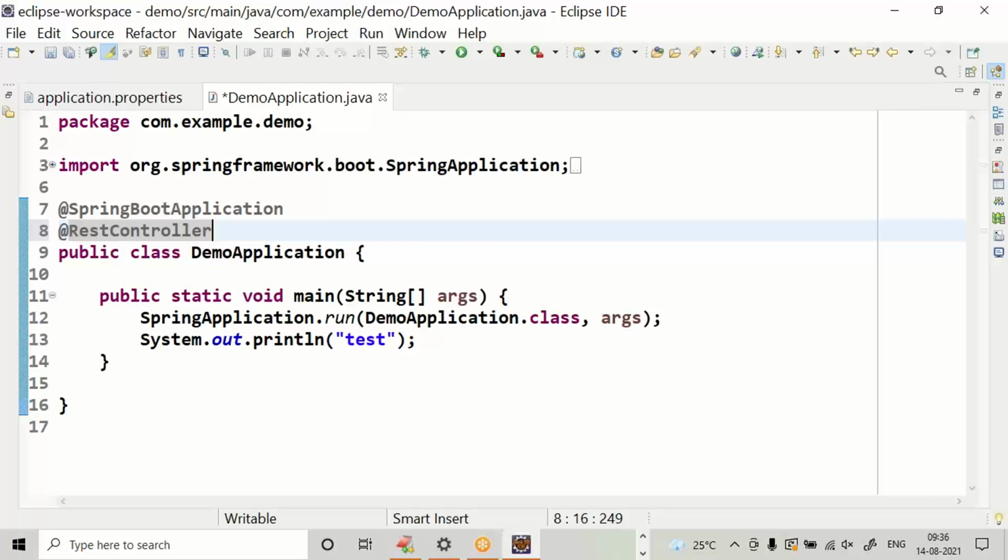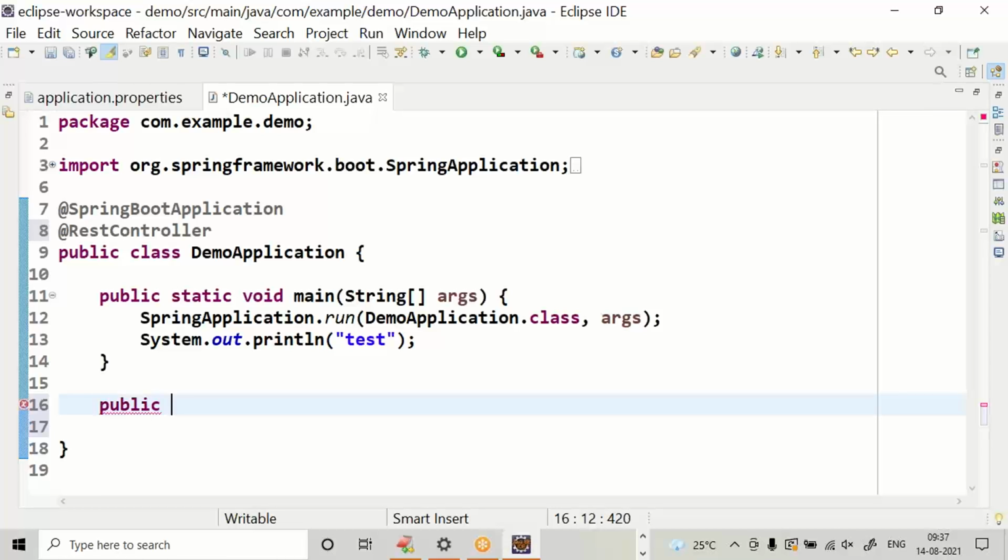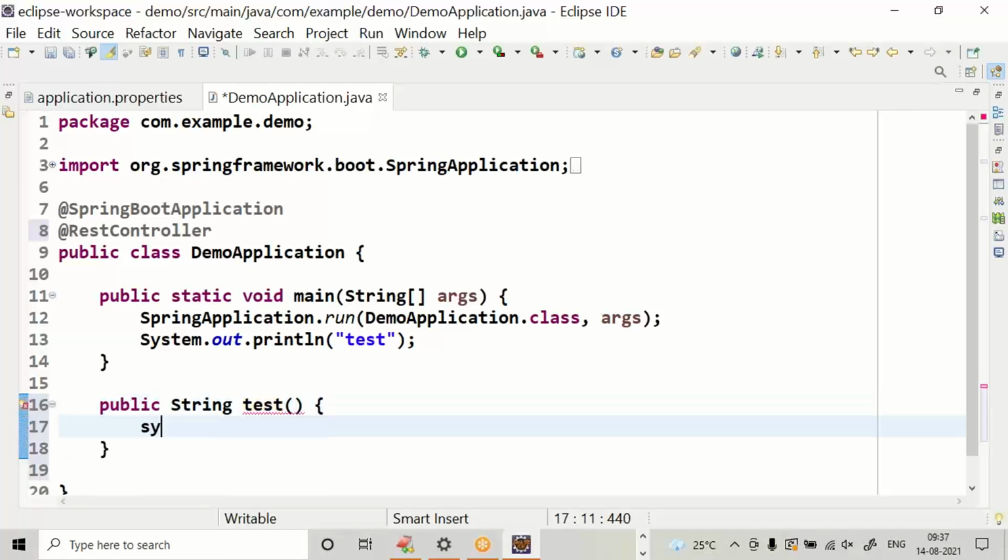It will try to import it. Now you can develop a simple service. I'm choosing the method name as test.